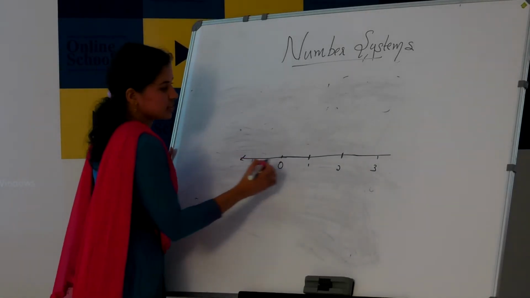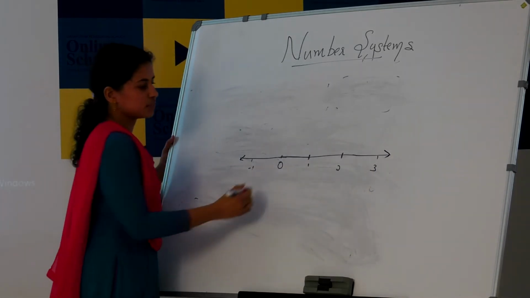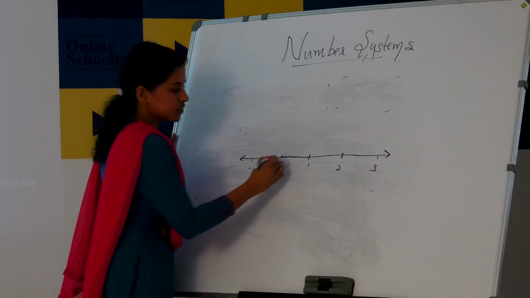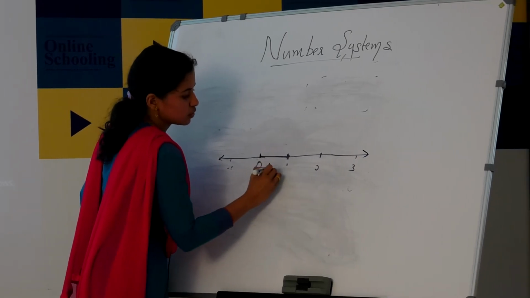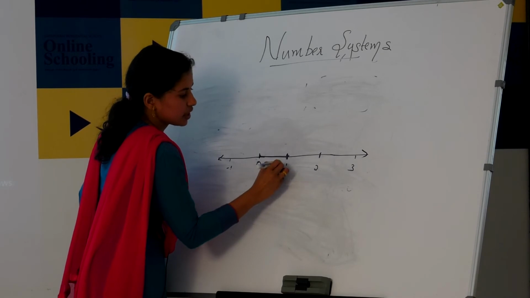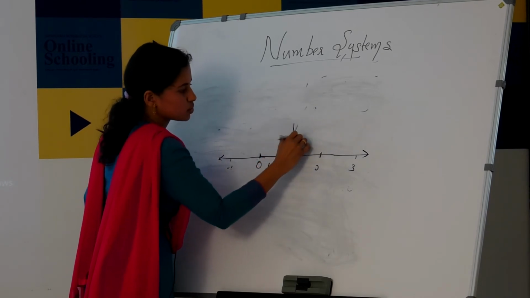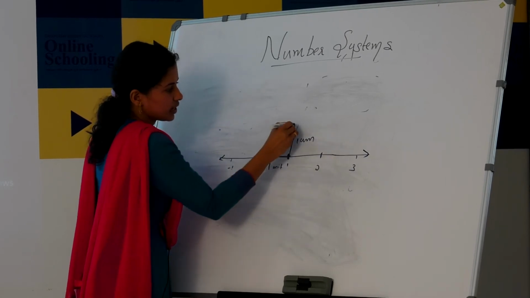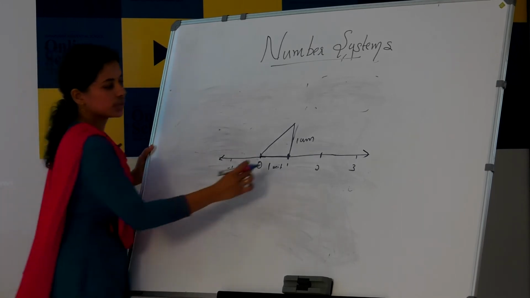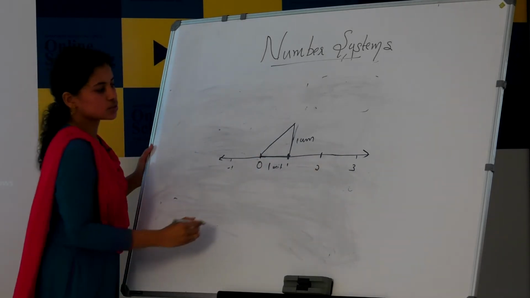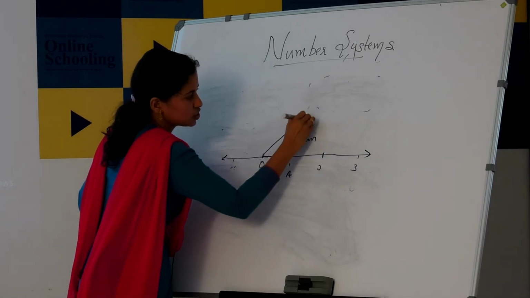So, this is our number line: 0, 1, 2, 3, and here minus 1 is there. Minus 1, minus 2, etc. I first draw from 0 to 1, which is 1 unit. I draw a perpendicular line, which is also 1 unit, and I connect this perpendicular line to 0. So, here is 1 unit, and here is also 1 unit. I label them O, A and B.